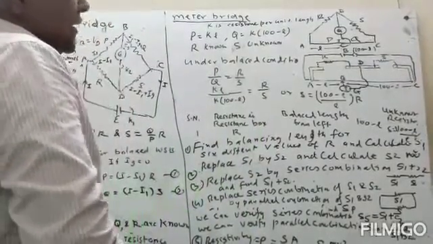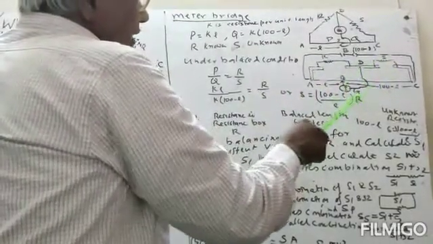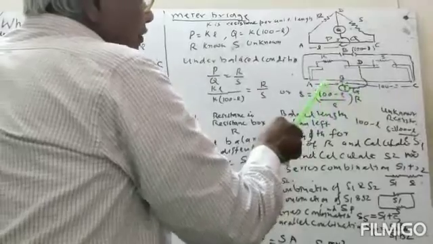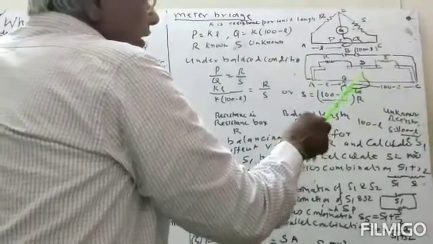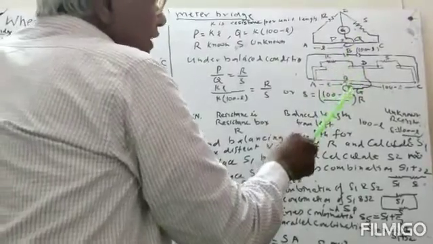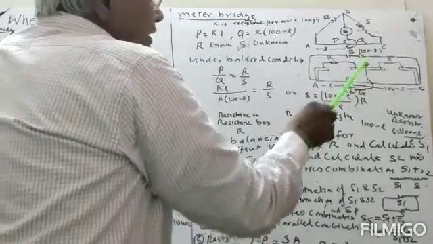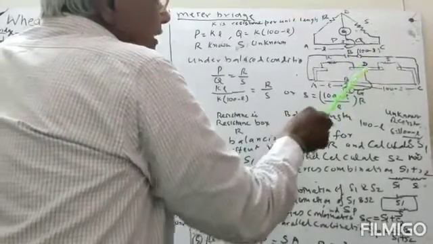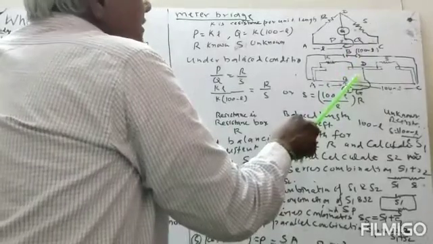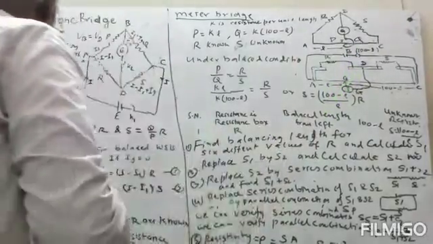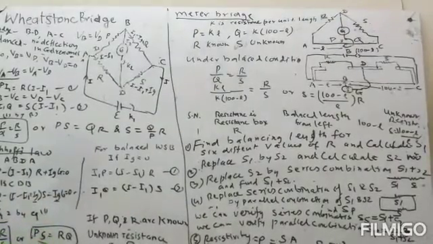Now in the meter bridge, we have a galvanometer and a jockey. We can move the jockey on this wire and we will find a place where there is a null deflection, meaning there is no deflection in the galvanometer. This means the B and D points are at equipotential, and that is the condition of a balanced Wheatstone bridge. Then P by Q is equal to R by S.